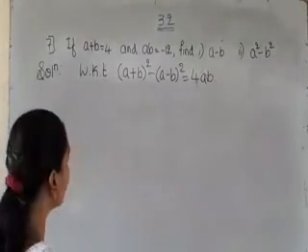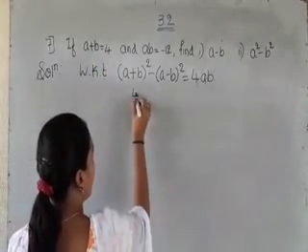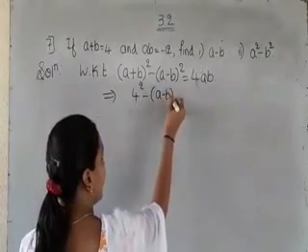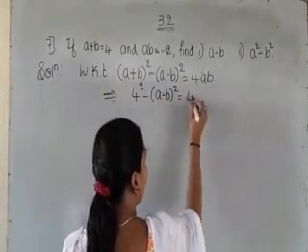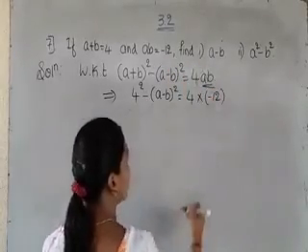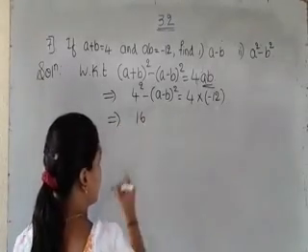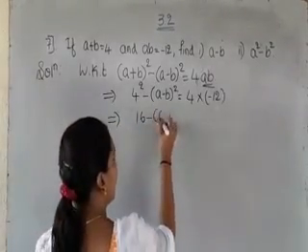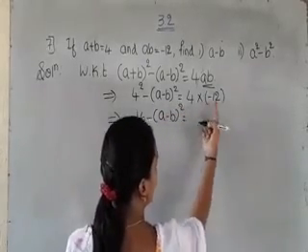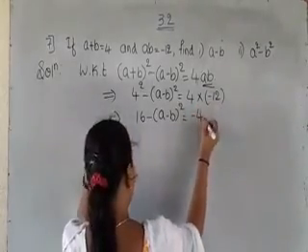Okay. Again substitute the values. (a plus b) is equal to 4, square. (a minus b) only we have to find, as it is. So 4 into the value of ab, which is minus 12. So 4 square is equal to 16, minus (a minus b) whole square is equal to 4 into minus 12, which is nothing but minus 48.